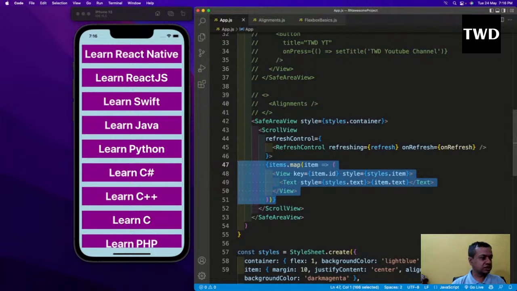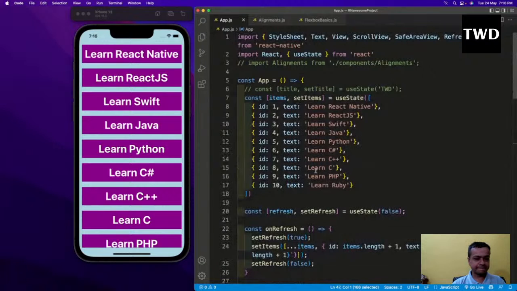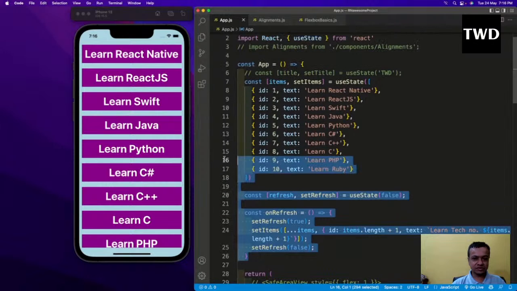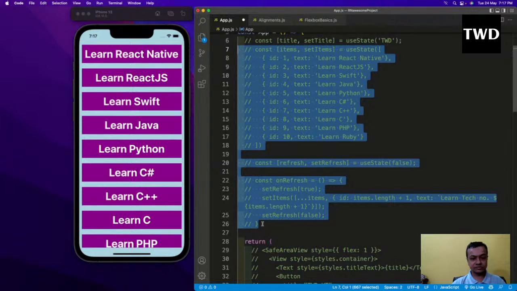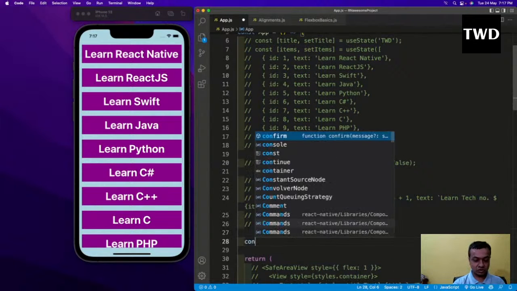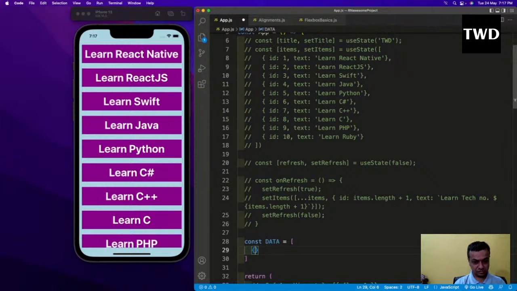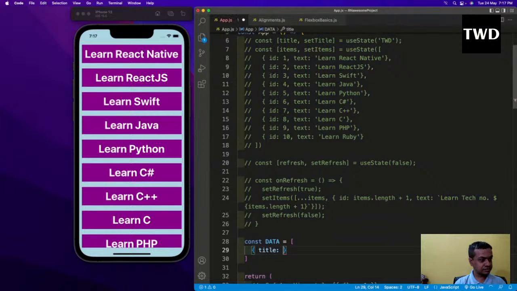So the section list, we're going to see in the console tab and all. I'm going to go, and here I have to again comment out a lot of things. Okay, so I will comment out this thing, and then I will have a const of data equal to title is learn React Native,